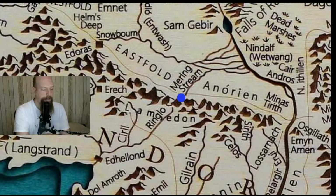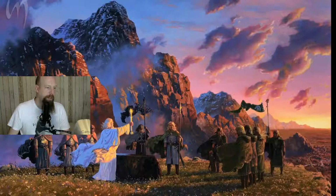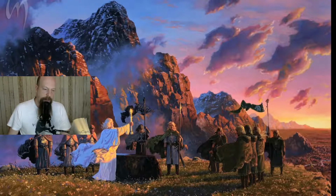Cirion then made answer. Standing to his full height, he laid his hand upon the tomb, and his right hand held up a white wand of the stewards, and spoke words that filled those who heard them with awe. For as he stood upon it, the sun went down in flame in the west, and his white robe seemed to be on fire. And after he had vowed that Gondor should be bound by like band of friendship and aid in all need,